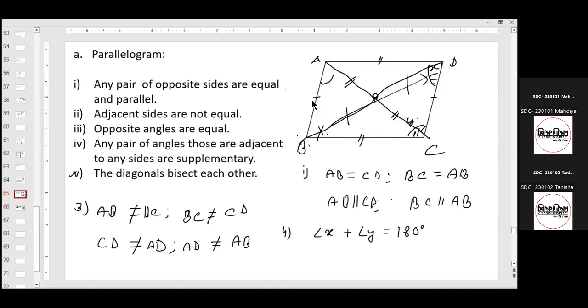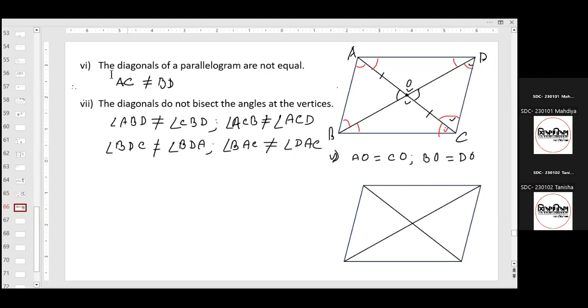And they are parallel. The length is equal, and at the same time they are parallel. But the adjacent sides, I mean, AB and BC are adjacent, BC and CD are adjacent, CD and DA are adjacent, DA and AB are adjacent, right? Once we say adjacent sides, we do mean a pair of sides, right? So in that case,